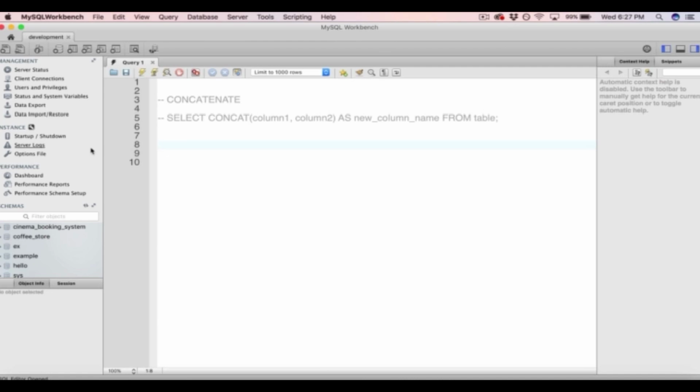So let's go through an example from our cinema booking system database. We can select the first and last name from our customers table and return it as one column. So let's concatenate the first and last name columns together. So we can write concat, open a pair of brackets, and within the brackets we can write our column names. So the first one is first name, comma, last name,